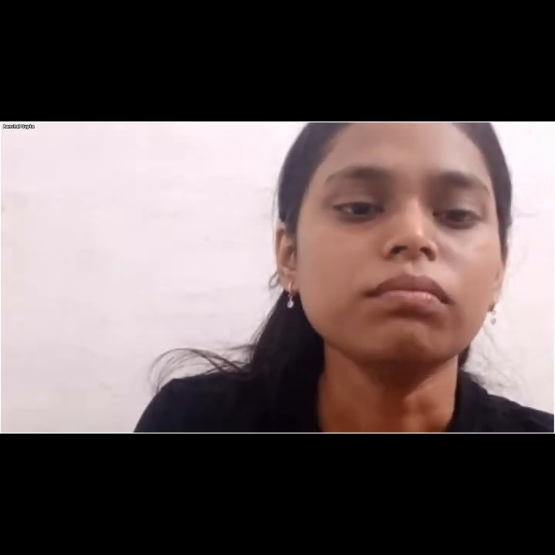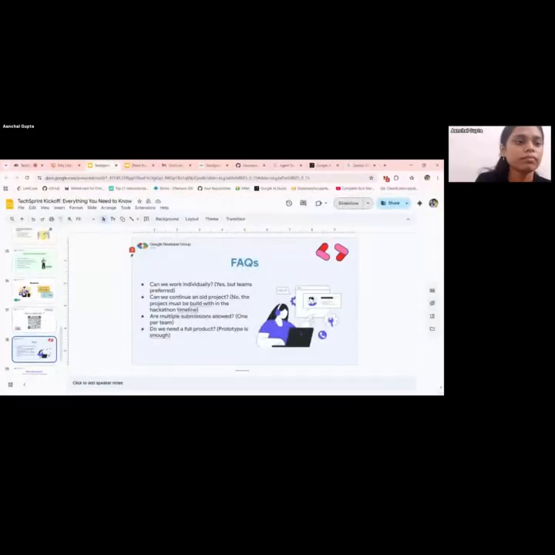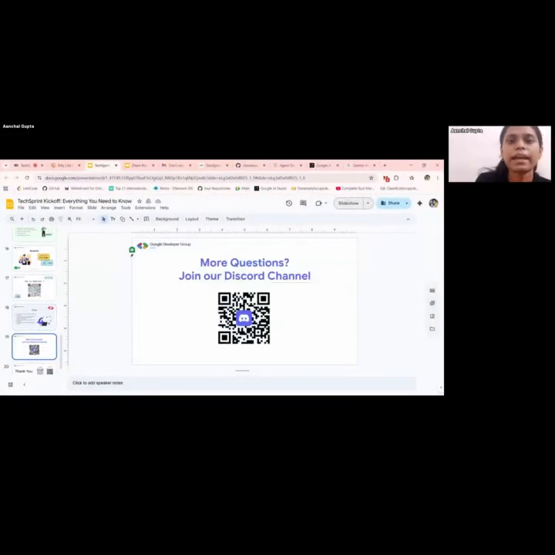If you are starting to explore the technology and face any issues, you can contact us on Discord. Scan this and you'll be able to join our Discord channel.